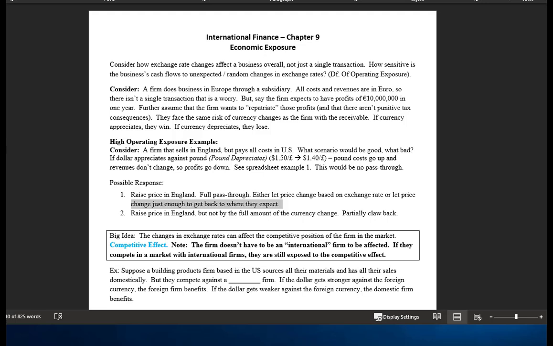And the degree to which a firm's cash flows are sensitive to unexpected or random changes in exchange rates is really what operating exposure is all about, or economic exposure here. So let's think about a firm that's doing business in Europe through a subsidiary. All of the costs and